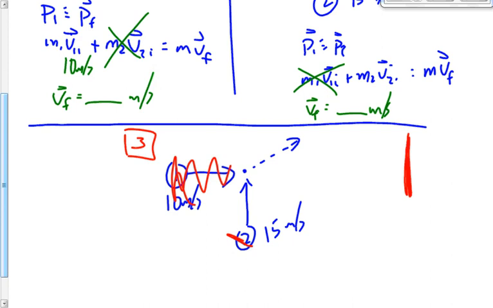This time, though, once we have VF for the x component and the y component, what are we going to do with it? We were done when we did problem number 1 and problem number 2, but with problem number 3, we get these two values. We're not done. What do we do with them? This is your physics 30 problem. Now it's time for your physics 20 problem,